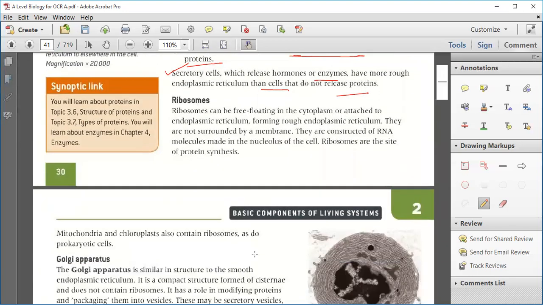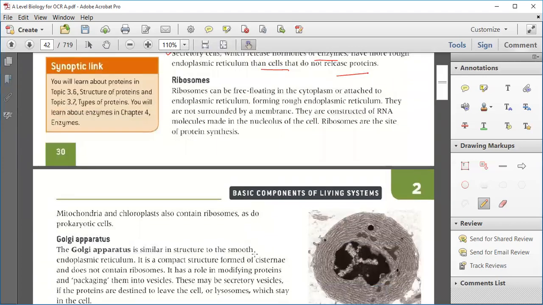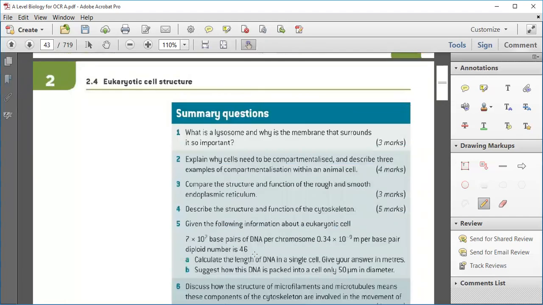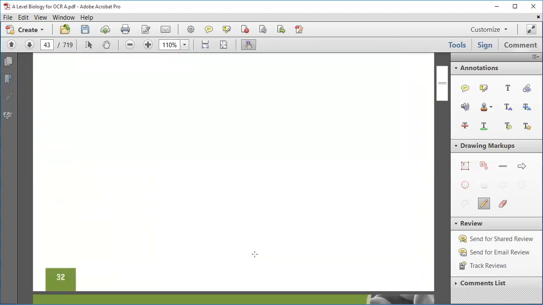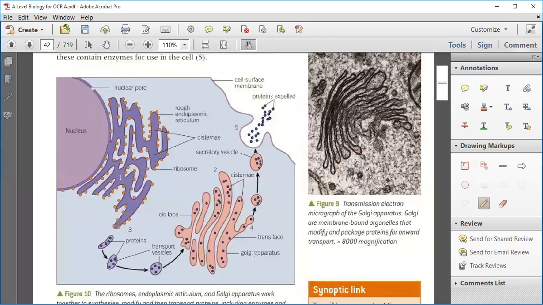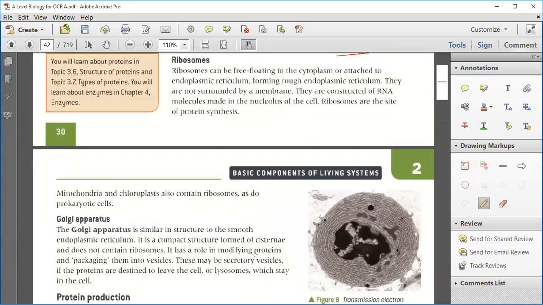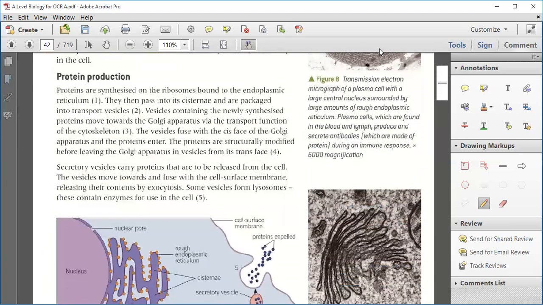Okay, that is enough for today. We will do ribosomes, Golgi apparatus, and protein production in the next class. Yes or no? Fine. We will do this in the next class. Try to do the remaining part of the previous homework. Try to do all this homework. Okay, wait, just give me a second.